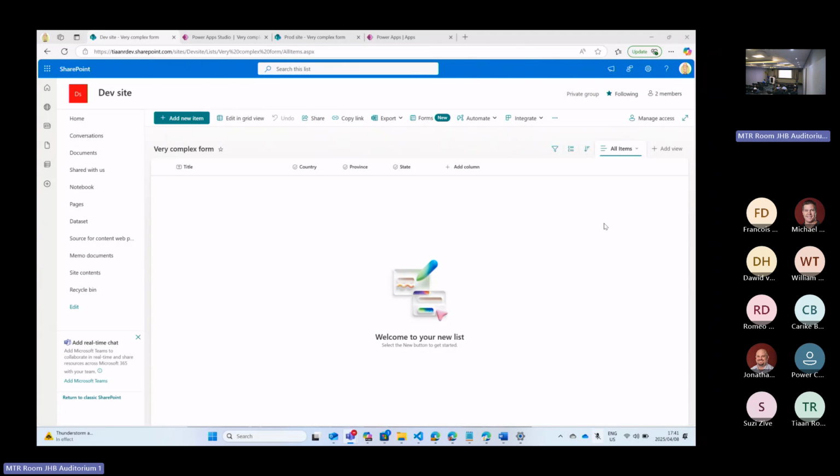Alrighty, so I'm not going into AI today, so a bit more of a dev session. Don't worry, not a hardcore dev session. All right, so we are very diligent developers. Whenever we take on a project, we always have a dev environment and a prod environment, and we check our source code in and all the proper stuff that we always should be doing. Except when we get to SharePoint custom forms, which is actually,